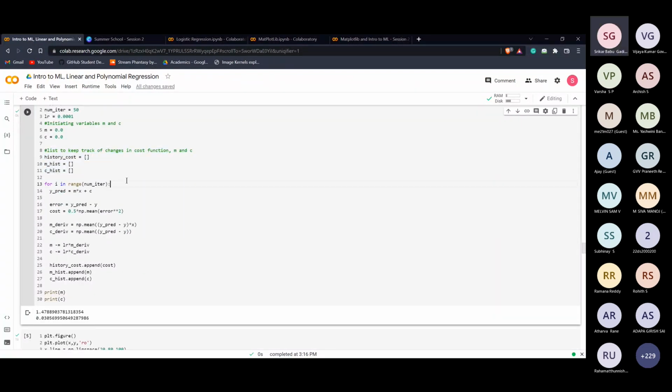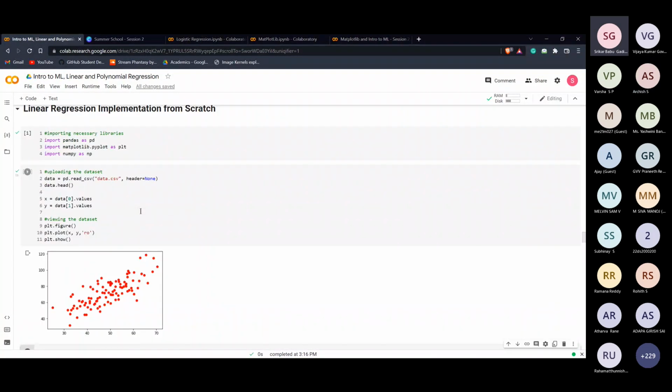I'm starting a for loop which runs from 0 to the number of iterations. Ypred is my predicted value of the output. Initially, it gives me a value of 0. Then the error function: error is basically ypred minus y, the predicted value minus the actual ground truth value. The cost function is half of the mean of the error square, which is